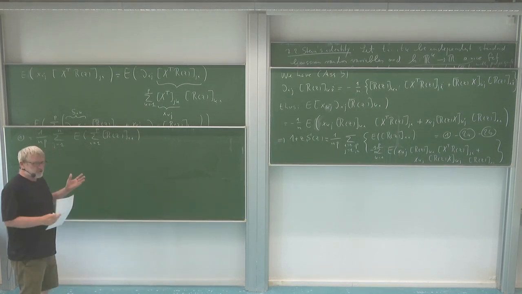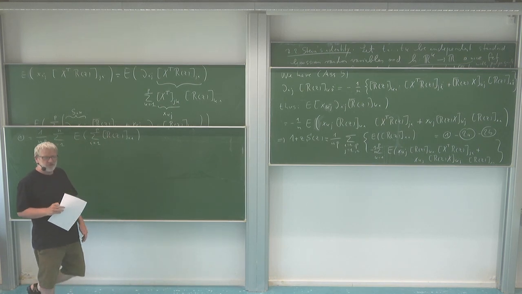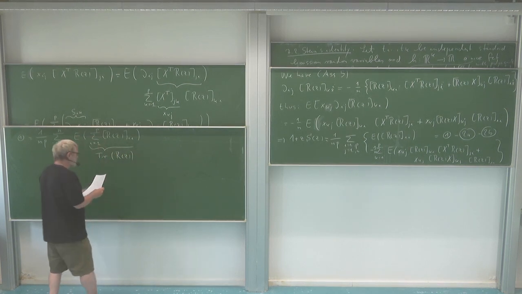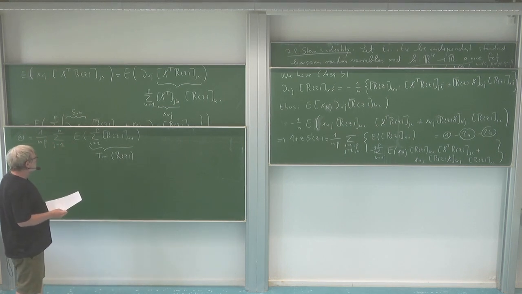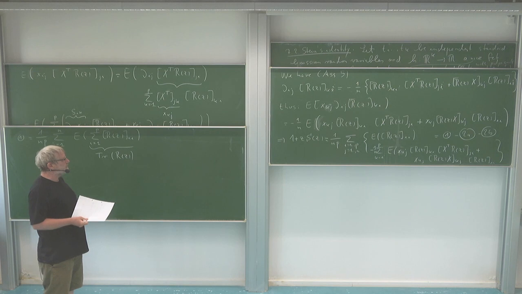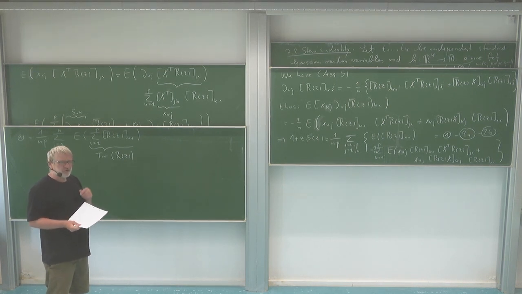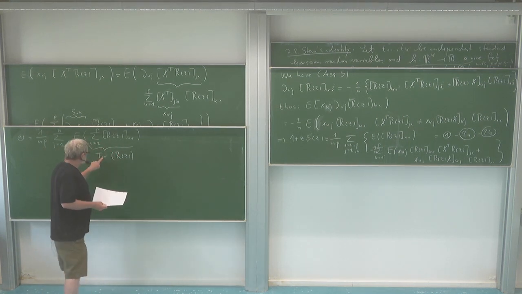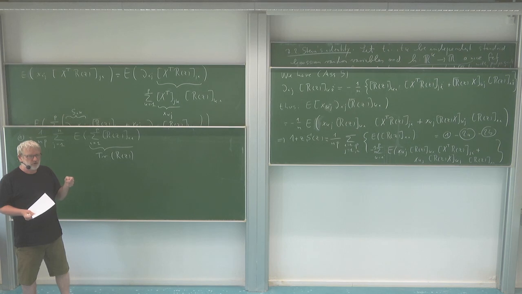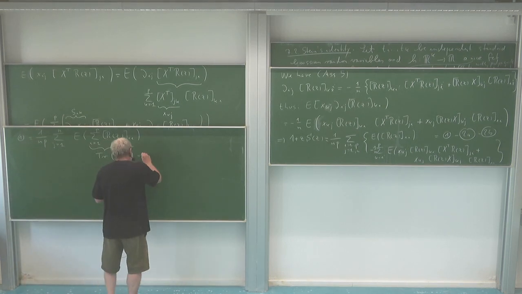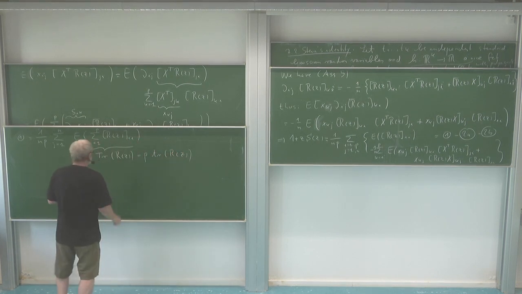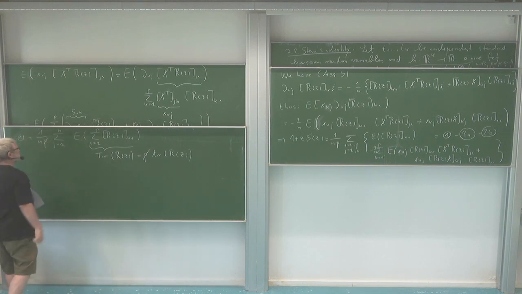Now you see, this summation fits together with this. This is just a trace. So this is the unnormalized trace of R of z. R of z is a matrix, and of what size? R of z is the resolvent of x transpose x, and this is a p times p matrix. So if I want to go from the unnormalized to the normalized trace, I get a factor p. So this is p times the normalized trace of R of z. And now you see, this p goes nicely with this 1 over p.